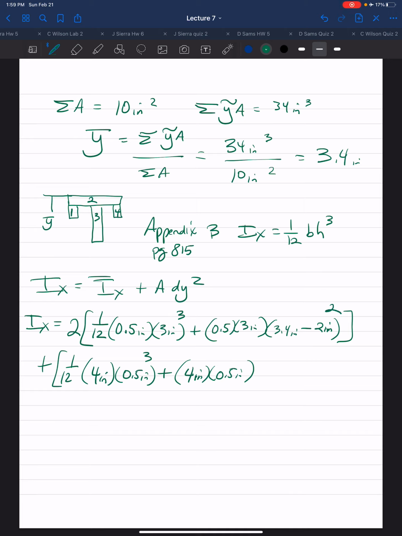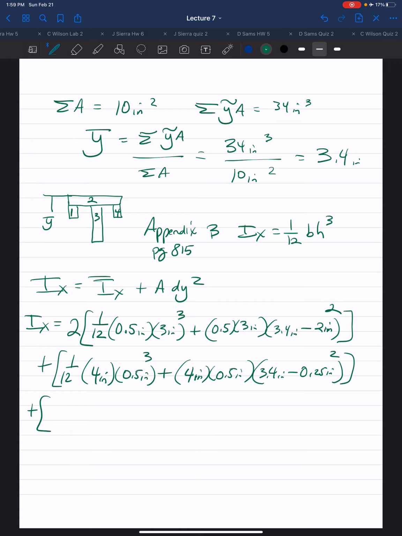Don't forget the squared. The difference here is 3.4 inches minus the location of the centroid for segment 2, which is 0.25 inches, squared, plus for segment 3,